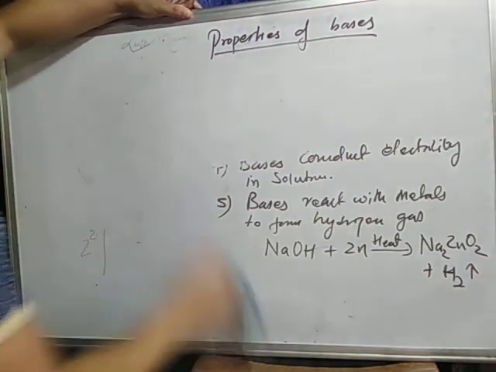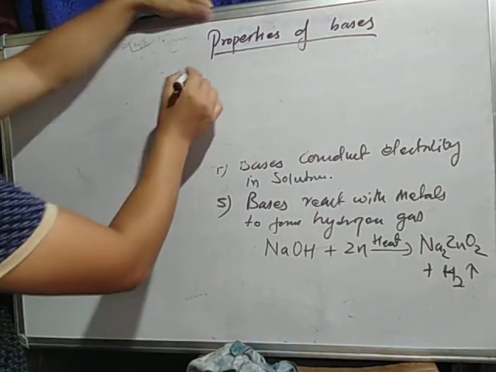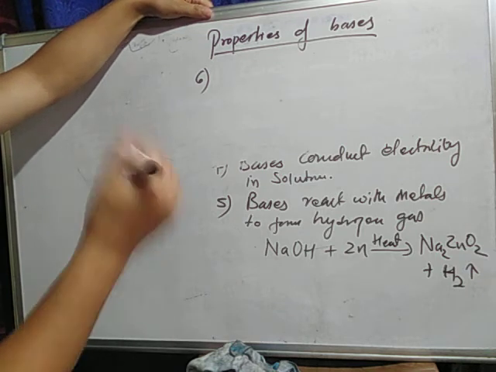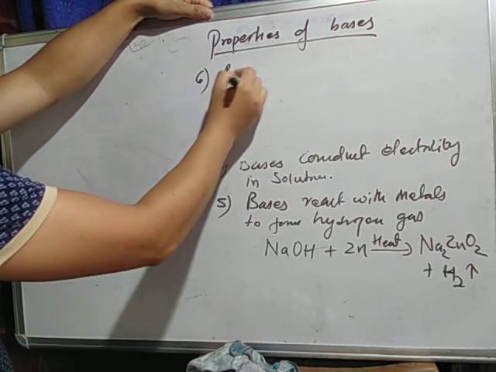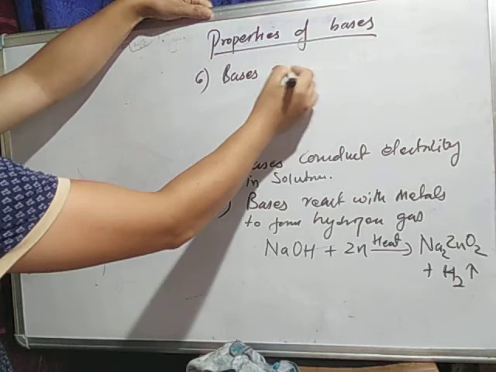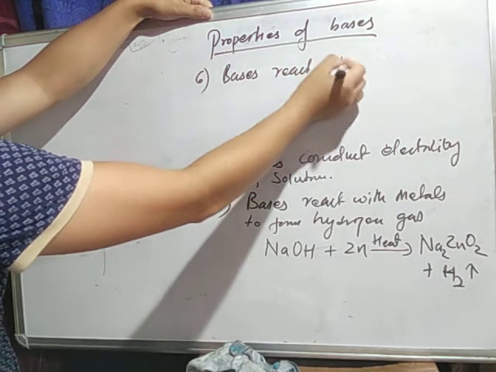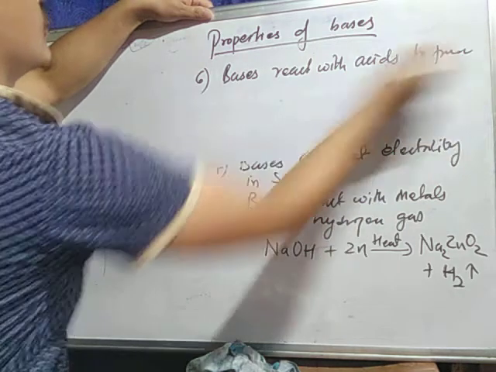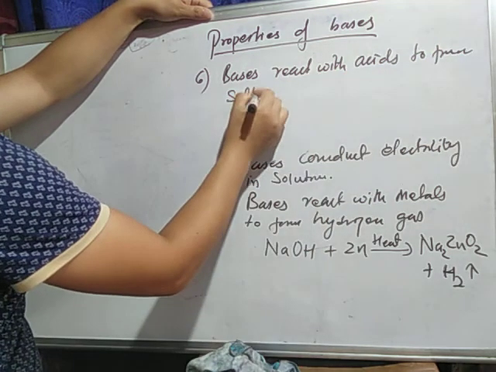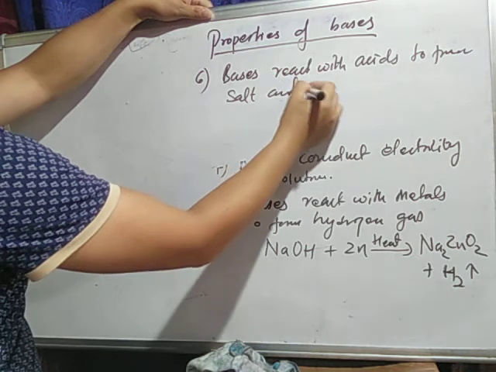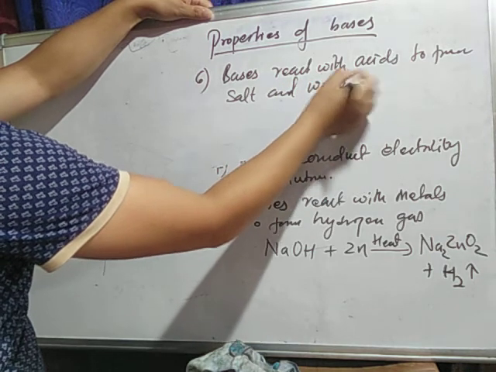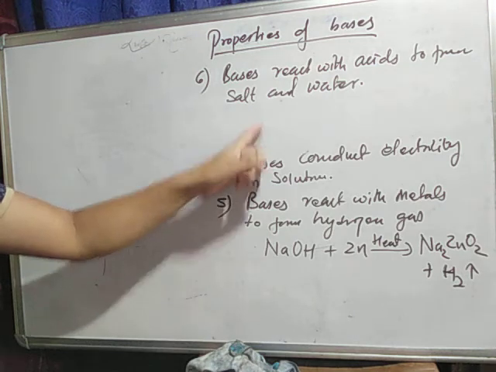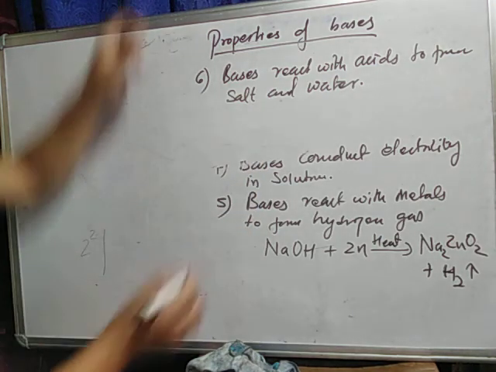Understood? I hope you understood. So next 6 property, base react with acid to form salt and water. Bases react with acid to form salt and water. Salt and water. And this reaction is also called neutralization reaction. Okay. So very simple. Take base